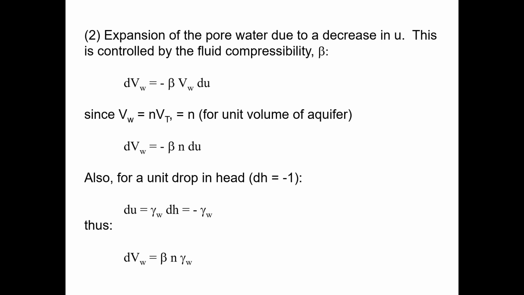So for impact number 1, the compressibility of the aquifer, we had alpha times gamma water, and for the expansion of pore water due to a decrease in U, we have beta times the porosity times gamma water. If we add those together and factor out the gamma water,